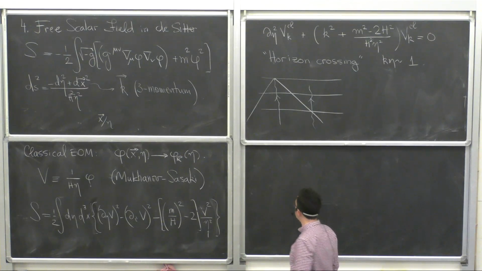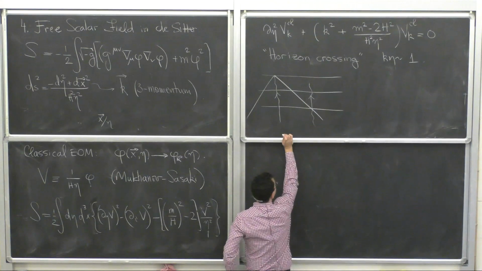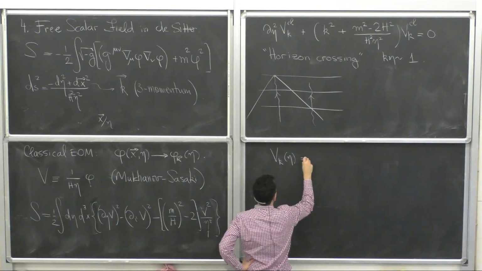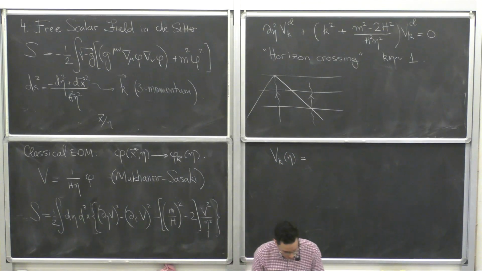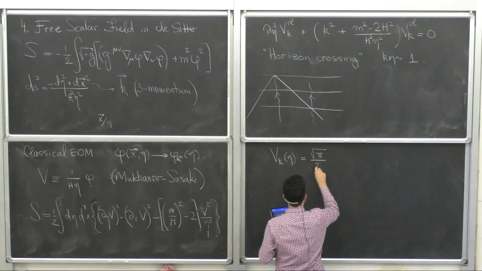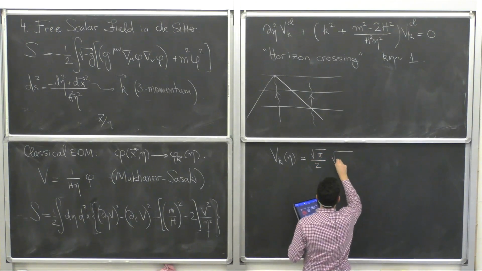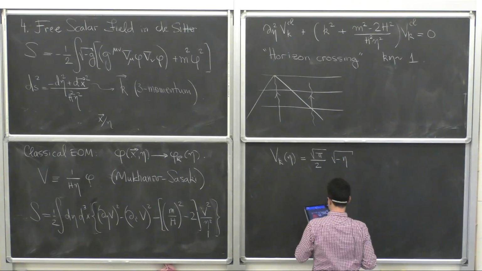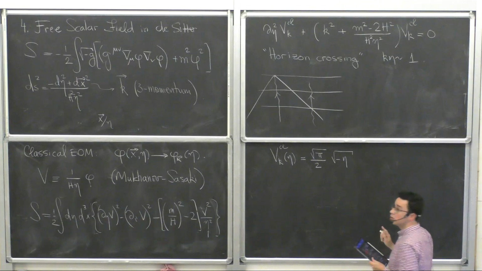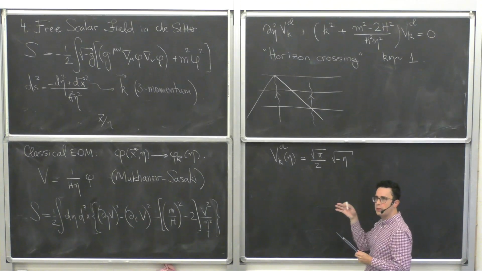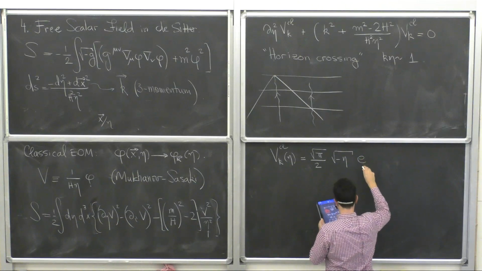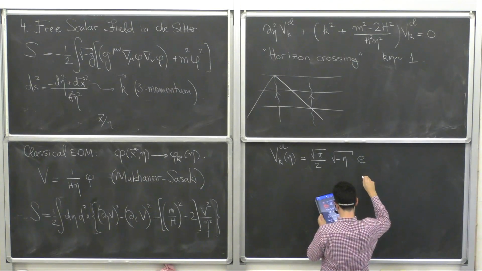But let me write to you the full answer. This is just so you know that there is a closed form answer. I don't expect you to read any physics out of this formula, but let me just write it down. So this is the classical answer that we're going to choose to quantize. Remember, there was a choice of what classical answer. So if you do everything by the book,